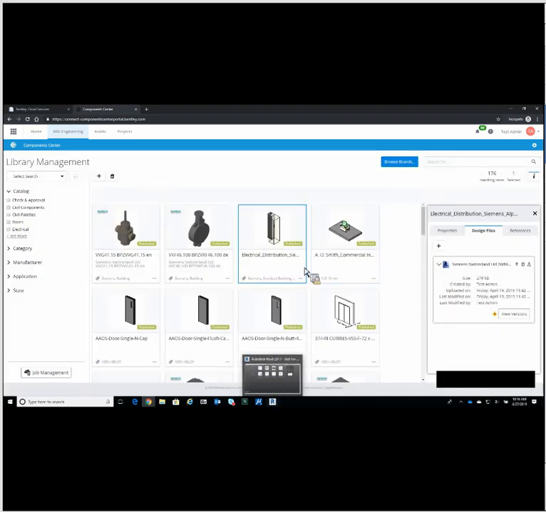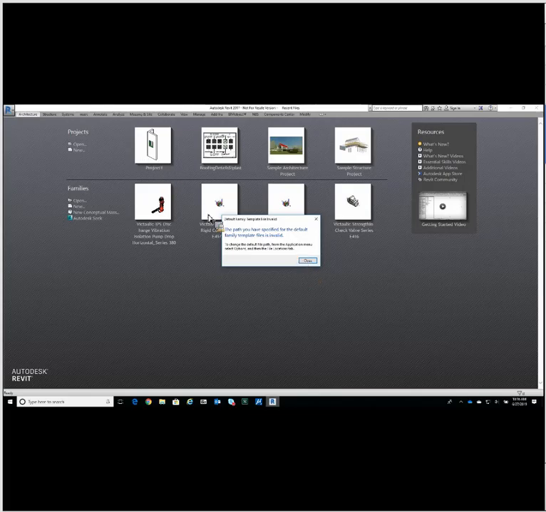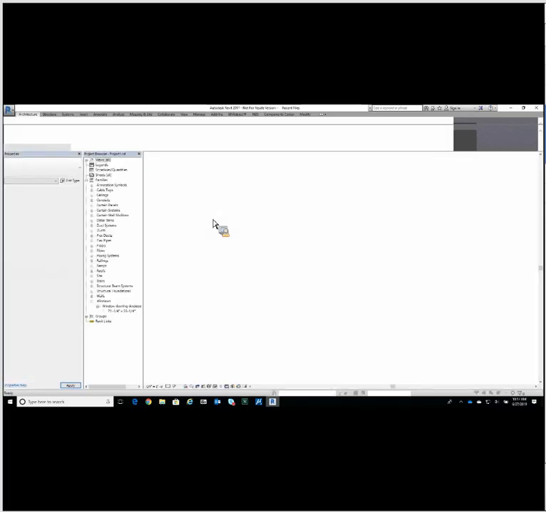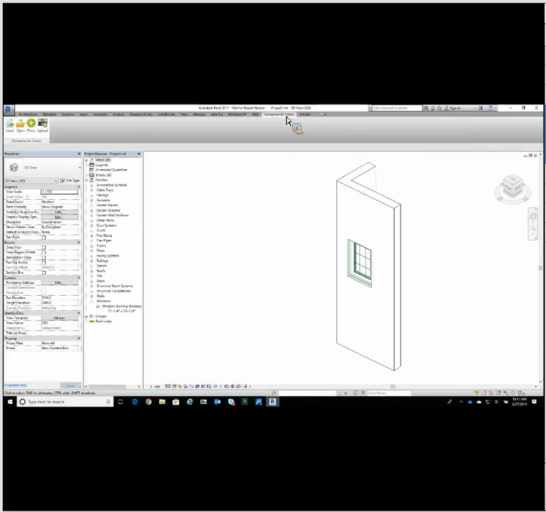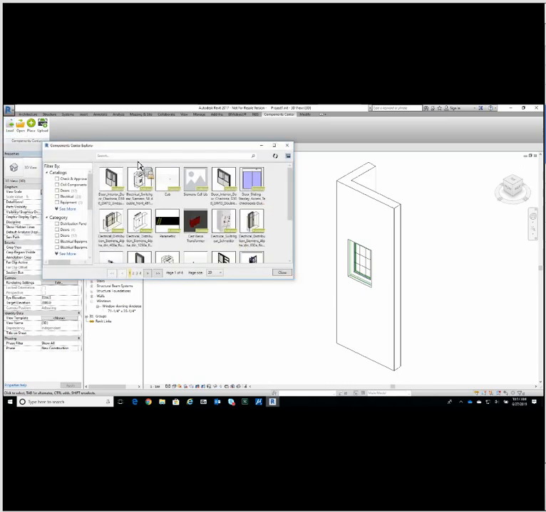So I'll go back to Revit, and I will open up a Revit file very quickly. You'll notice we have a Component Center add-in here, and I have a couple of options here in Revit. One of them is load. So one of the things that I can do is I can load an entire family in here. So if I click load, I can pick